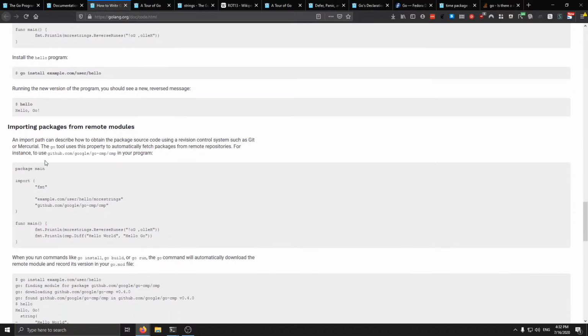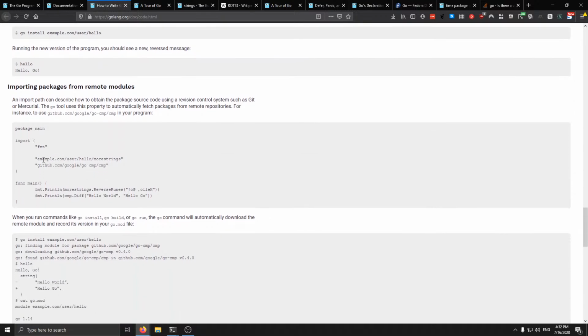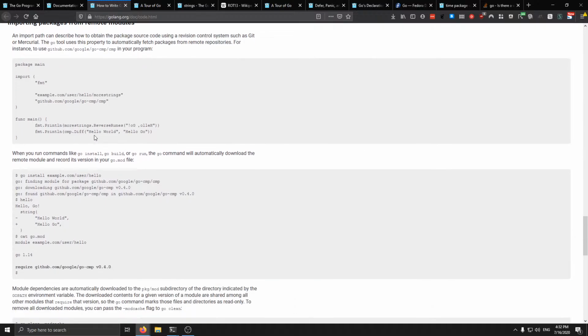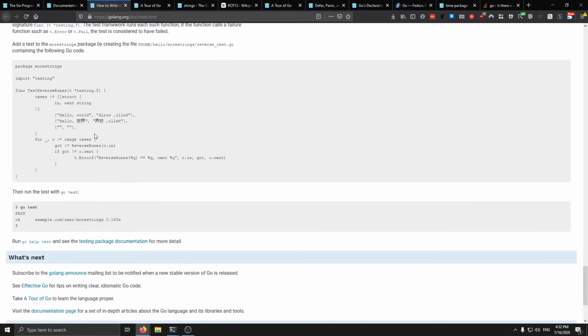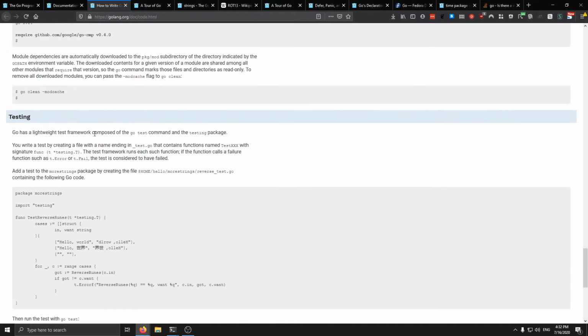Okay, importing packages from remote things. Oh, we just do that. Okay. So this is where we get to the point where I have no idea what I'm doing. I'm doing it in a new programming language, and